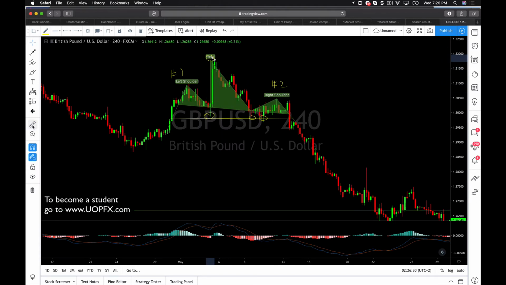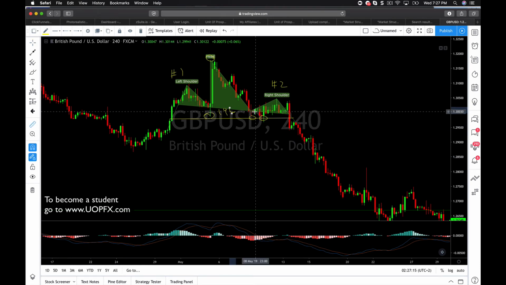That didn't do right. Hold on. I believe it was 196 pips before. For some reason, I can't get TradingView to work right, but give or take, it was 196 pips. So what you would do to measure the move is you would measure from the candle break of the neckline, which would be roughly right here.